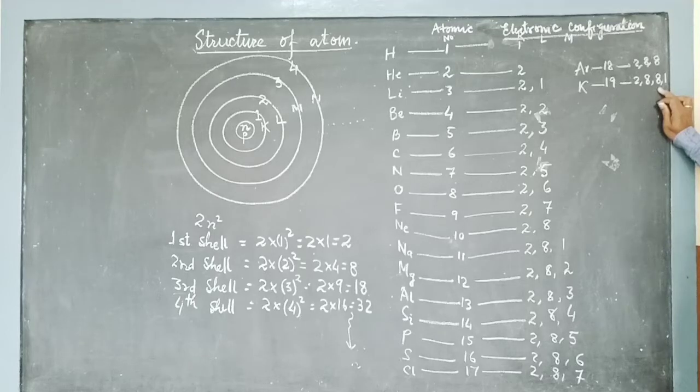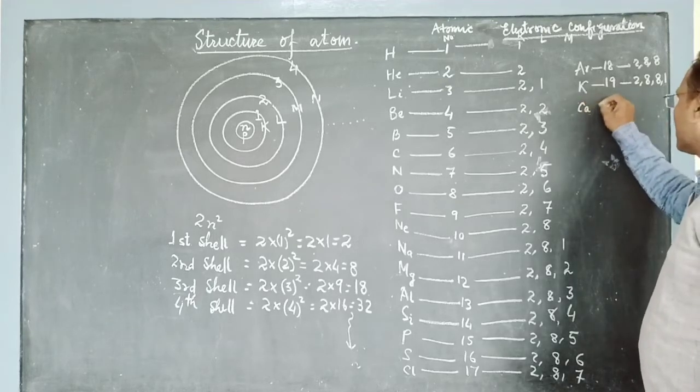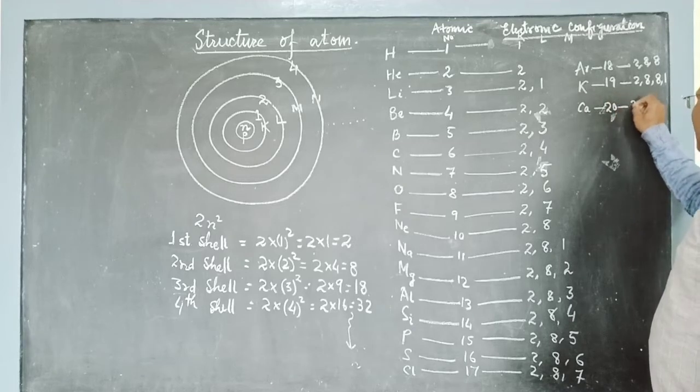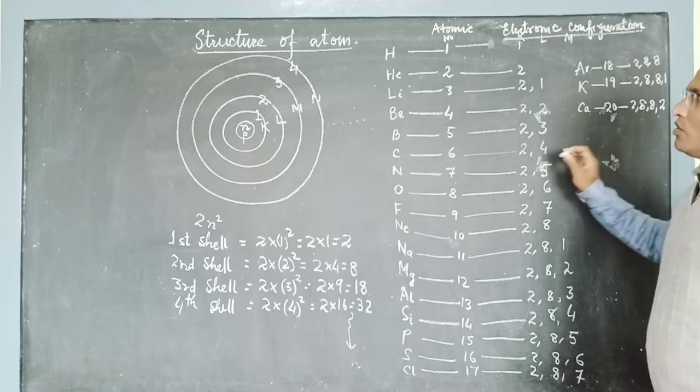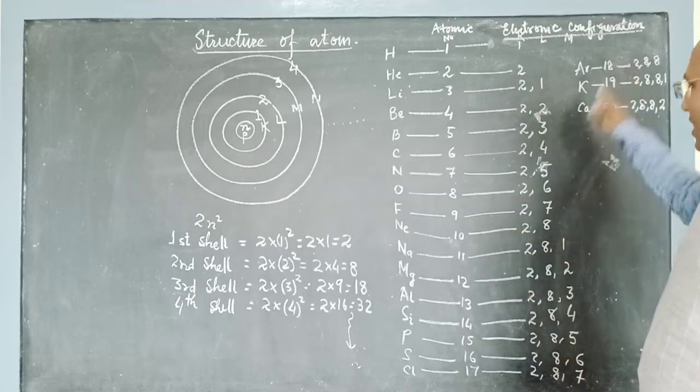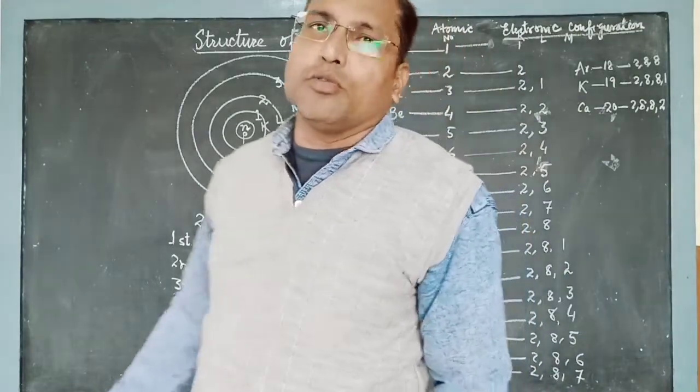orbital rule, Hund's rule, Pauli principle, there we are told how the orbitals have to be filled, and therefore SPDF, that means we will have to fill in this way. In more detail we will study in upper class. Then we have calcium. Calcium is 20: 2, 8, 8, 2. So this is the atomic number serially I have given up to 20 and their electronic configuration, and you must